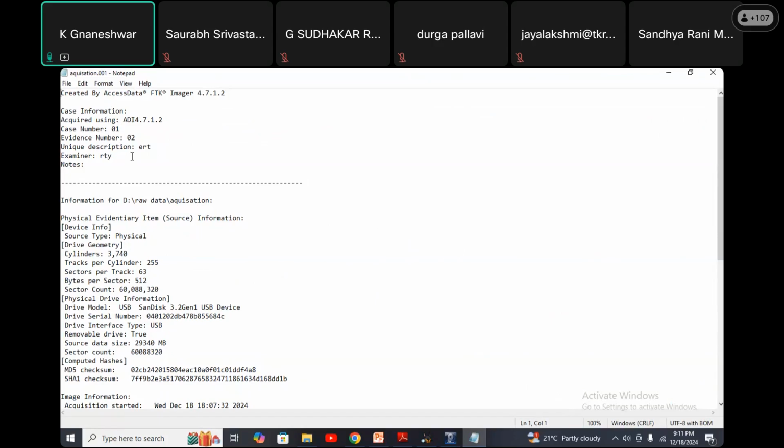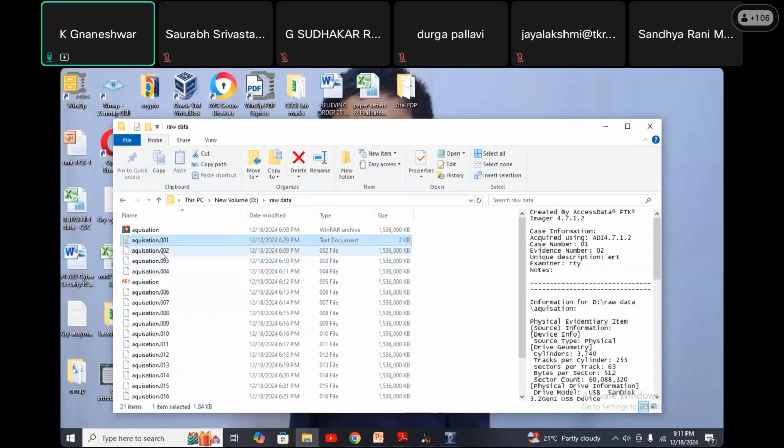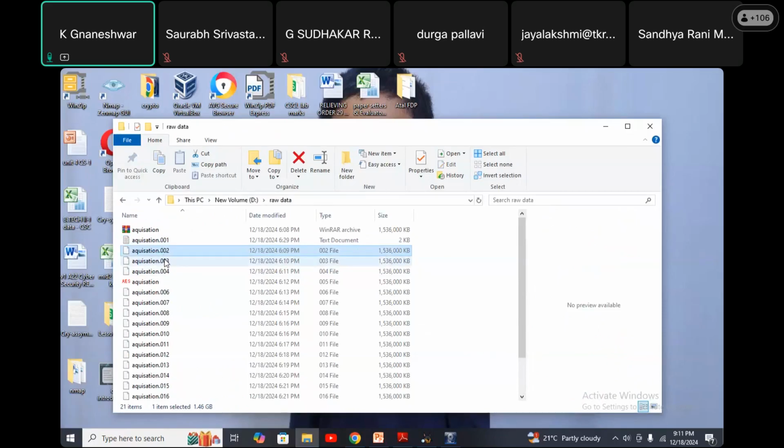Previously, what I created was the clear information, a text document only, but the actual data is saved in the total image files. Acquisition 2, acquisition 3, like this the total data is divided part-wise, and all files are stored in these image files.